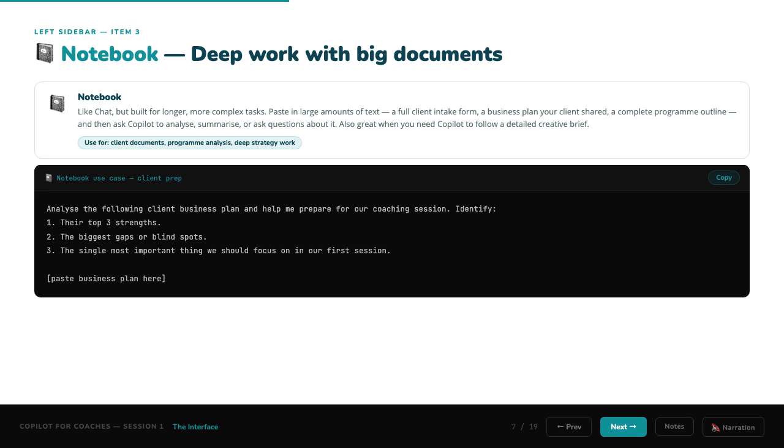Let me give you a coaching specific scenario. You have a new client who runs their own business, and before your first session, they've shared their business plan, a 30-page document. They want your help thinking through their strategy. Instead of you spending an hour reading and annotating it before the call, you paste the entire document into Notebook